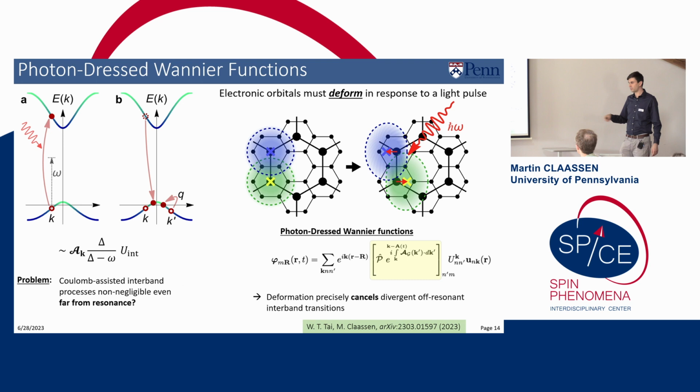So in addition, for photons to couple to electronic motion, if now my bands near the Fermi energy are composed of some Wannier orbitals with a finite extent, then the photon should also deform the shape of the Wannier orbital. And so the Wannier orbital will start breathing in the light field. And that deformation of the Wannier orbital is precisely what's necessary in order to cancel these spurious off-resonant contributions from higher energy bands. Now, it turns out this deformation has a really, really nice low energy description.